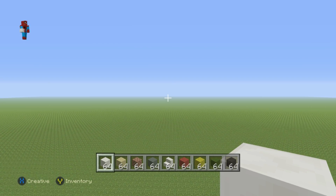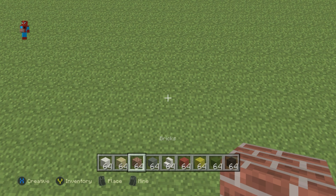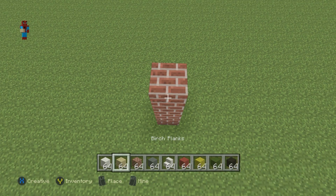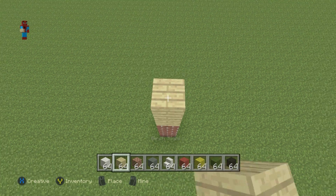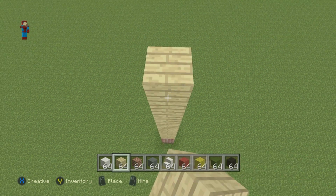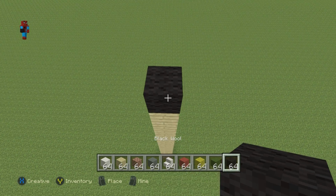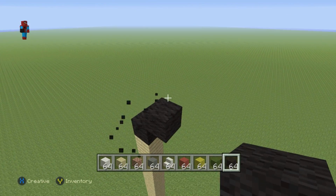So once you have each one of these right here, and once you've figured out where you want to make it, I'll be making it right here, you're going to want to kick this off with this sequence of blocks coming directly up from the ground. You want to do 3 bricks, that's 1, 2, 3, followed by 8 birchwood planks, that's 1, 2, 3, 4, 5, 6, 7, 8. Then place a black wool on top of that and do 3 upright diagonals, that's 1,